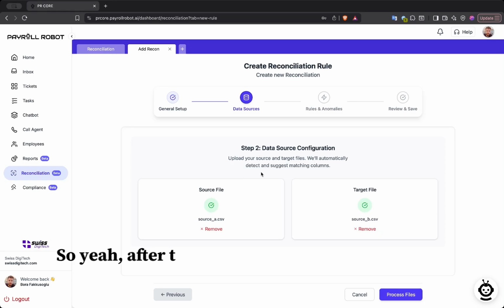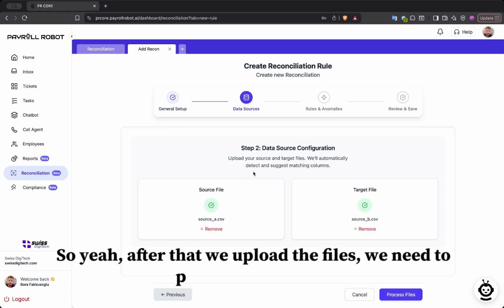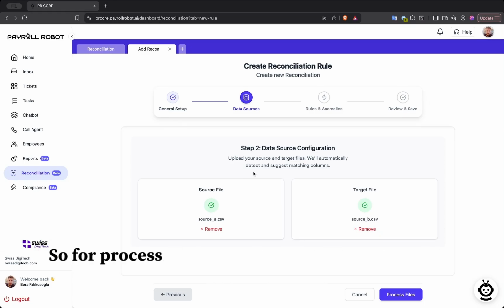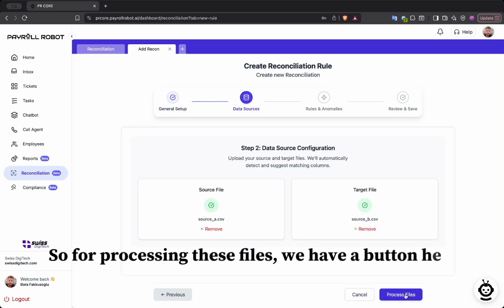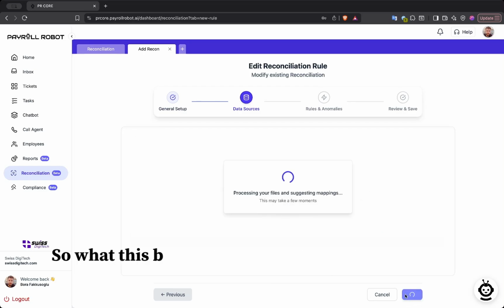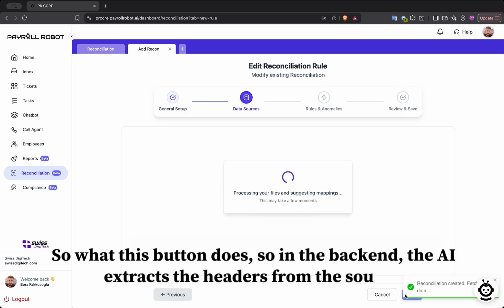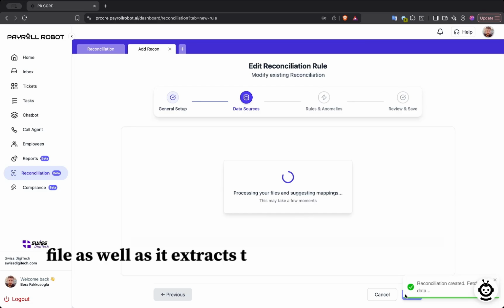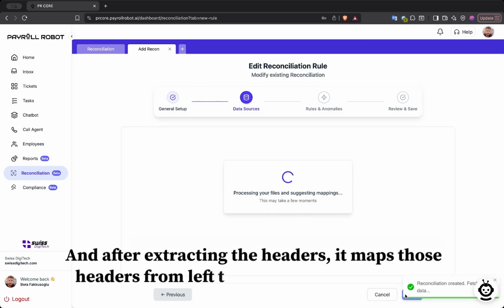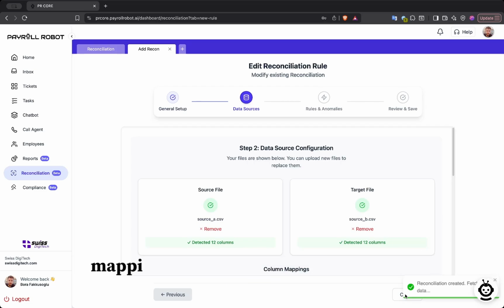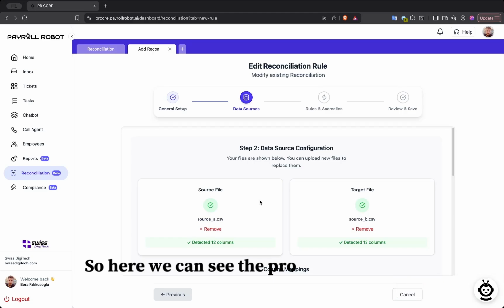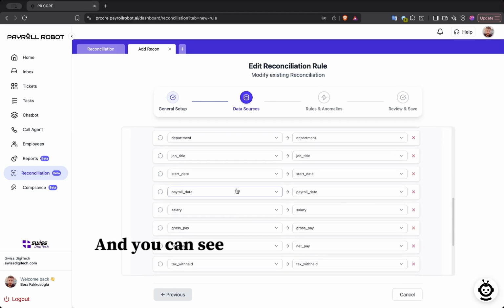After we upload the files, we need to process them. For that, we have a button here for process files. What this button does is, in the backend, the AI extracts the headers from the source file, as well as from the target file. And after extracting the headers, it maps those headers from left to right, and the mapping is handled by the AI itself. Here we can see the processing is done,